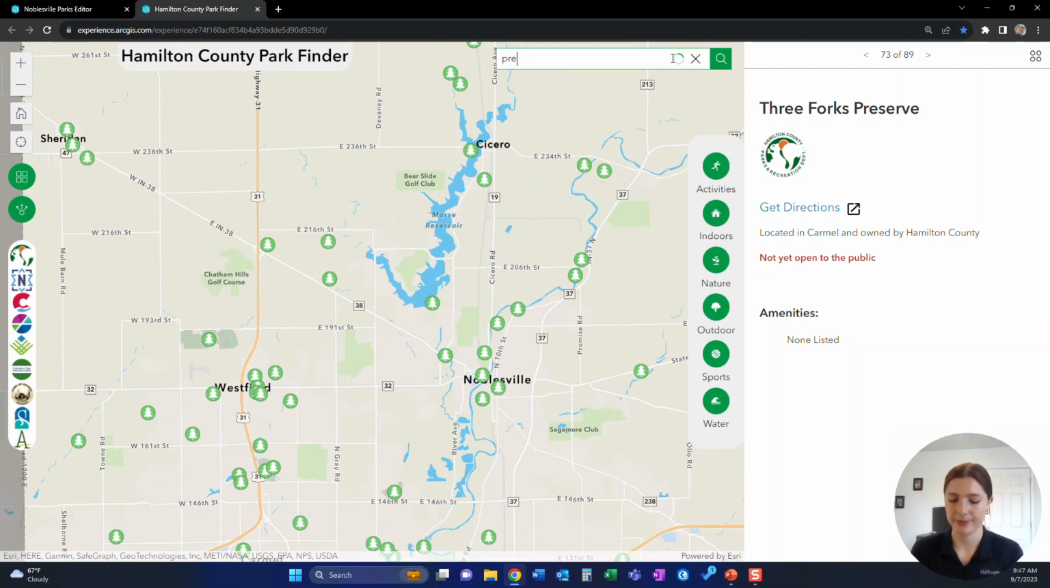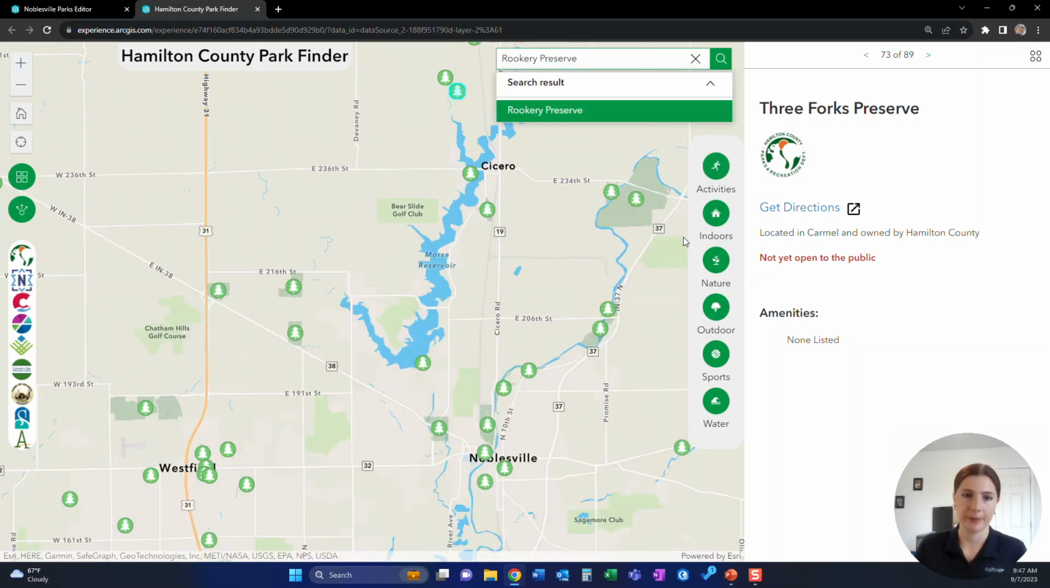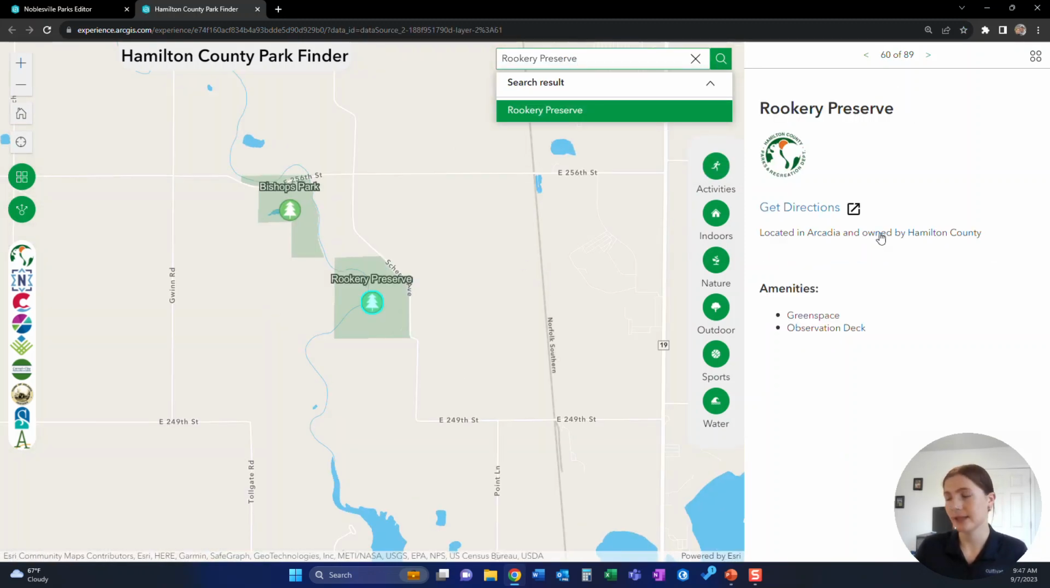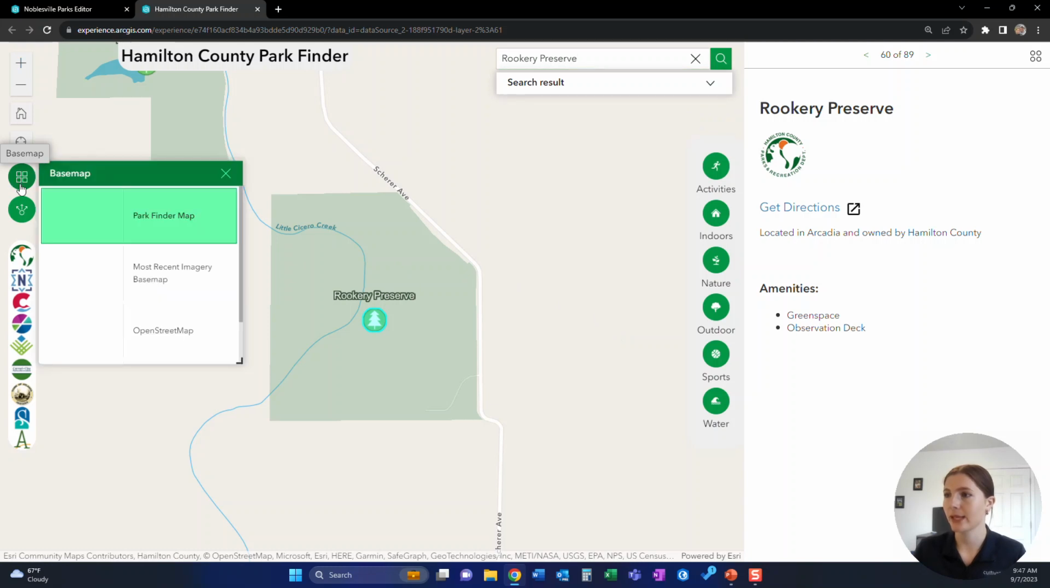I'll start to search preserve again, see my 4 options for preserves, and then I'll click on Rookery Preserve. So I'm not seeing any notices here that it's not open to the public. So I want to learn more about this park and look around. I can see some amenities, there's an observation deck and some green space, but we can get some more information